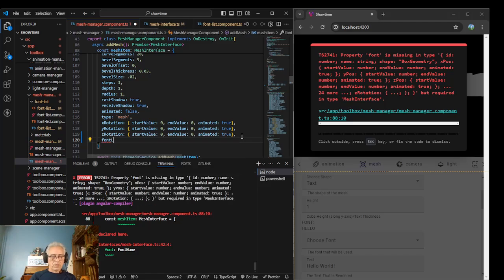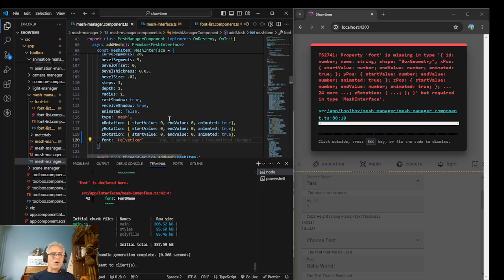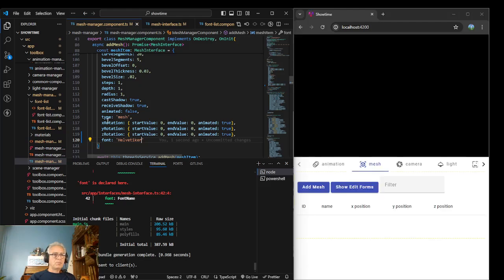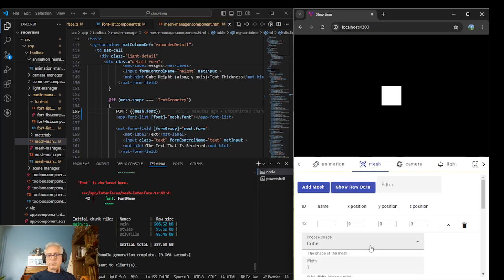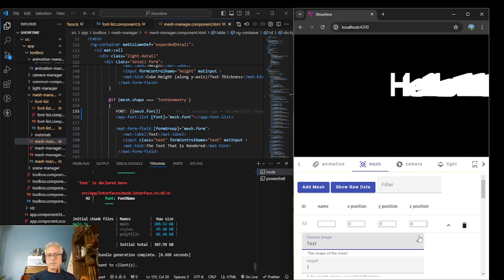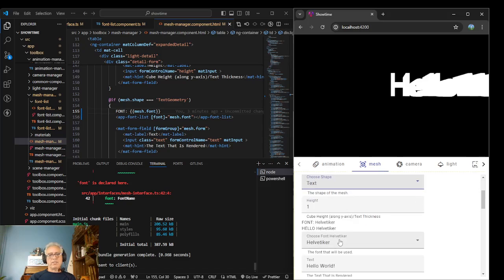So, font colon Helvetica, and it's so wild that it didn't blow up before this. So now let's see. Text. Okay. Oh, me. There it is. Whoop, whoop. I think that is actually good enough, even though the plan was to run